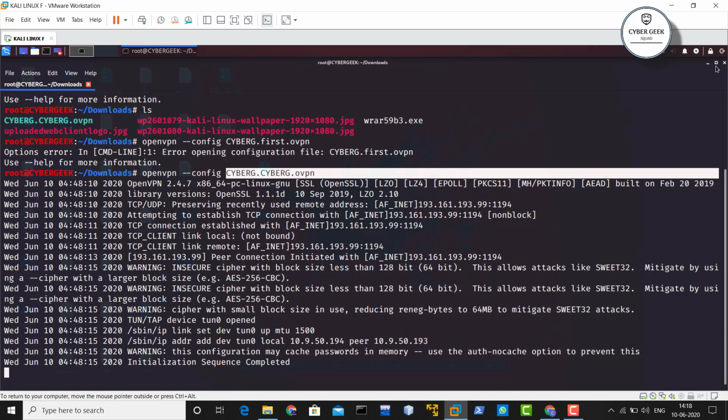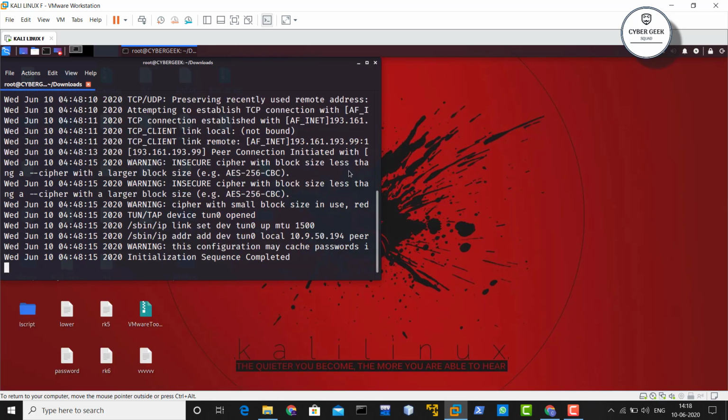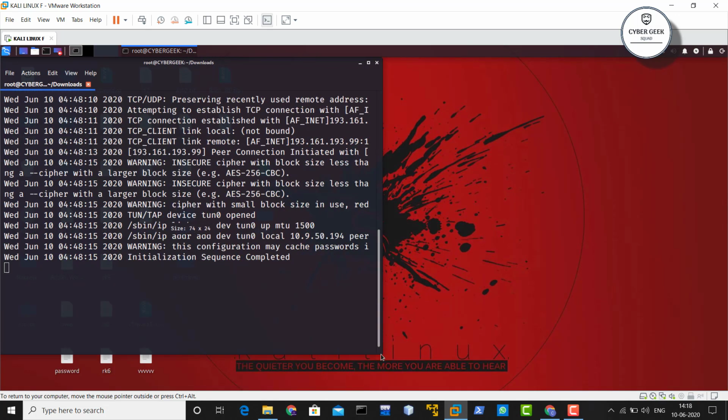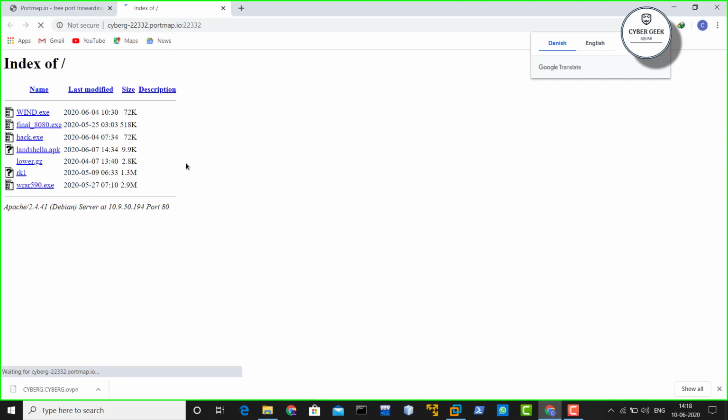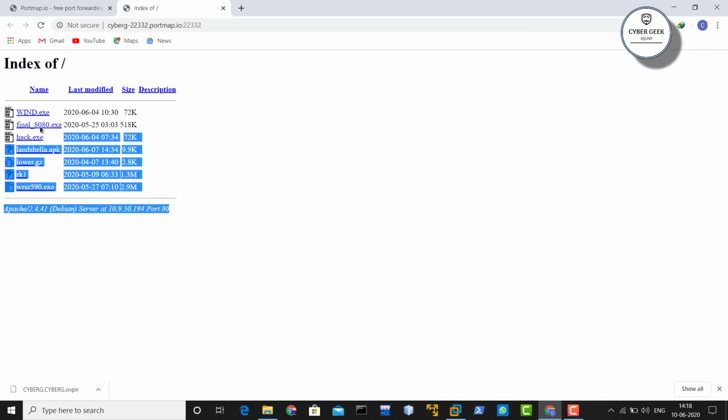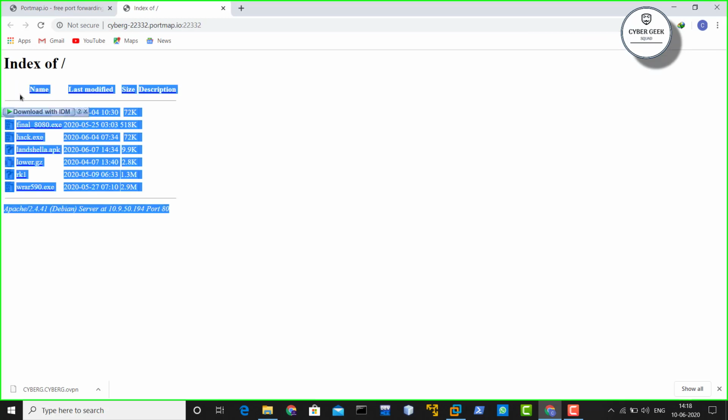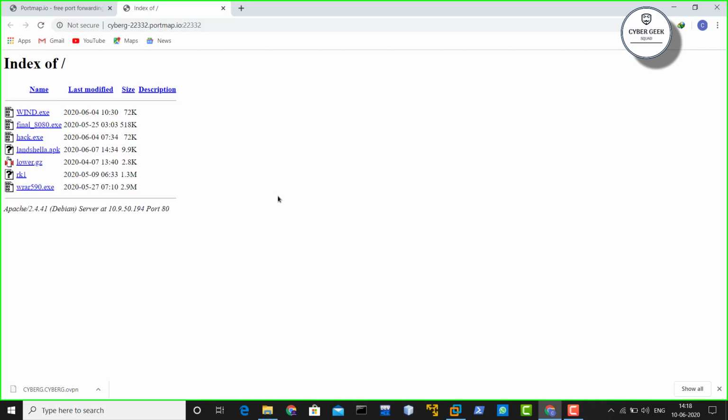Okay, so now let me show you guys a small proof of it, through my Windows first. So how does it look when we click on the link? Now I'm gonna click on the link. Okay, and let's see. See that this time we didn't need our IP address, and where did we come up? We come up in our own Apache server. Okay, so which means the port forwarding is working fine.